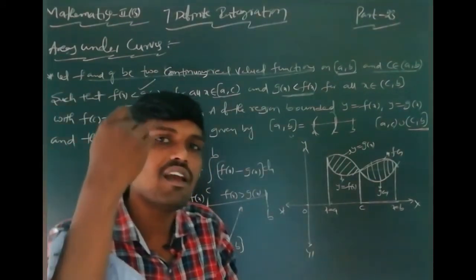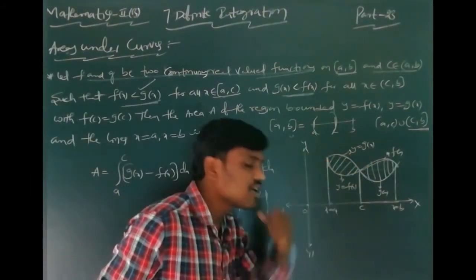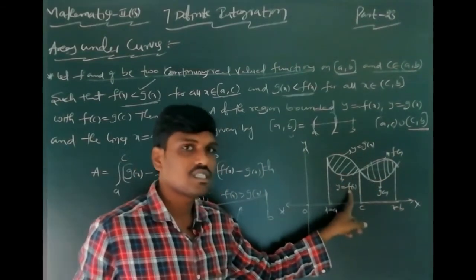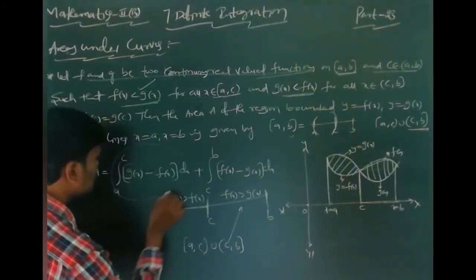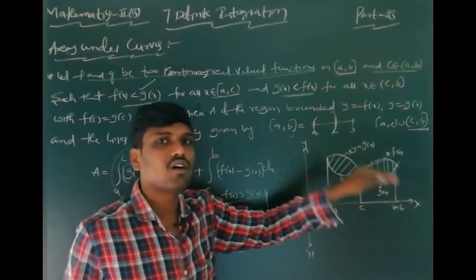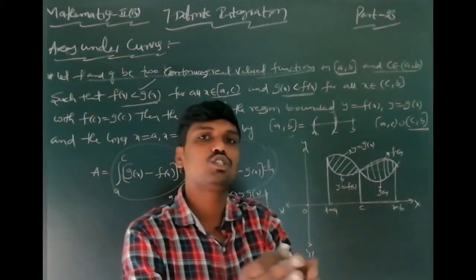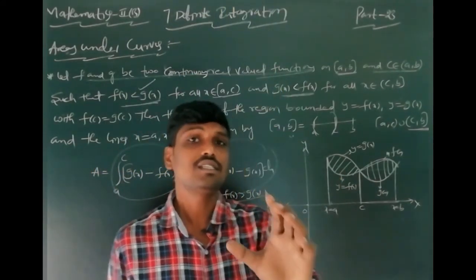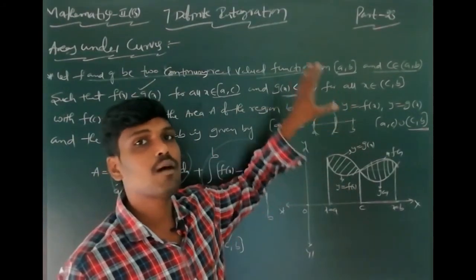But what is the total area? Adding these two areas. That's why you can draw the graph. In this graph, in the a to c interval, g of x is greater, f of x is lesser. Then you can subtract g of x minus f of x. This is the a to c interval. Next, c to b interval. f of x is greater, g of x is lesser. That's why you can write this for the c to b interval. After that, you can add these two intervals. You get the a comma b total interval. Understood or not? This is the way of separating sub-intervals of the curves. This is the area bounded by the curves.